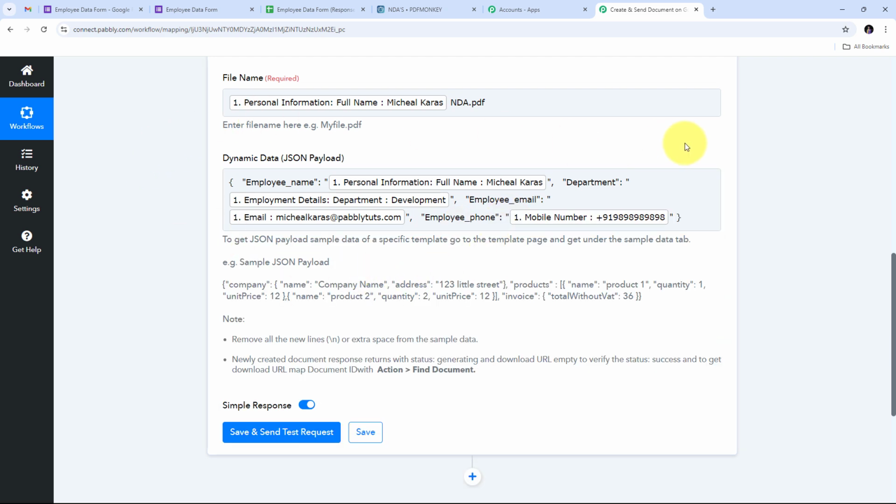Now here I have mapped all these details, and as I have mapped these details, I have made these details dynamic. So what is going to happen is that as I receive a new response through Google Form, automatically all these details that I've mapped here are going to get replaced with the new detail of the Google Form in real time. So every time I receive a new response from Google Form, automatically all these details are going to get replaced with the new employee detail, and I'm going to create a new NDA document in PDFMonkey with the new employee detail. Now I have filled all the required details, so I'm going to scroll down,